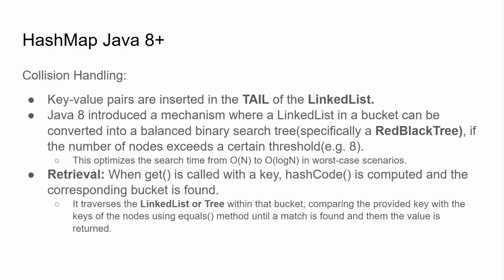Okay, when get is called with a key, the hash code is computed and the corresponding bucket is found. It traverses the linked list or the tree within that bucket, okay, comparing the provided key with the keys of the nodes using equals. Almost the same story as before Java 8, but of course the difference is that they now have the red-black tree after a certain threshold. Okay,